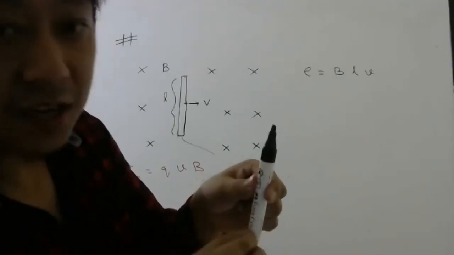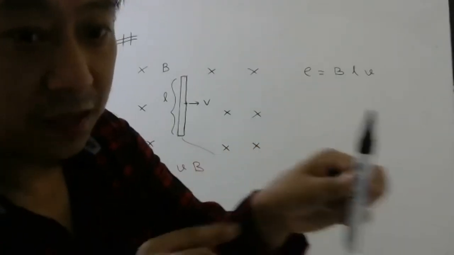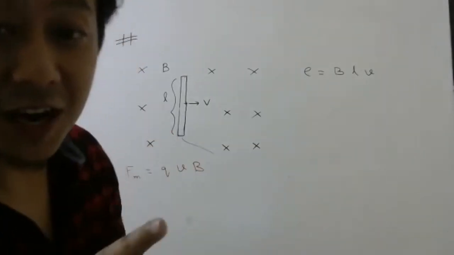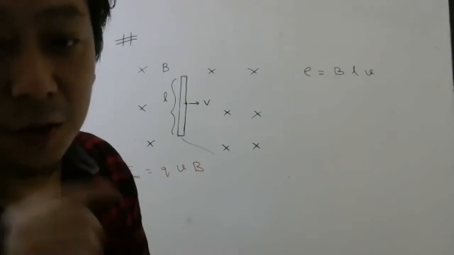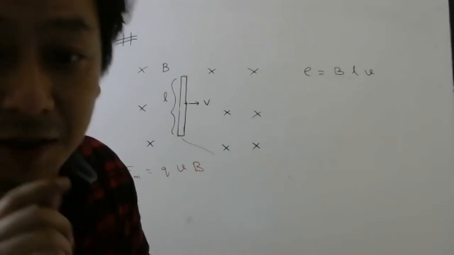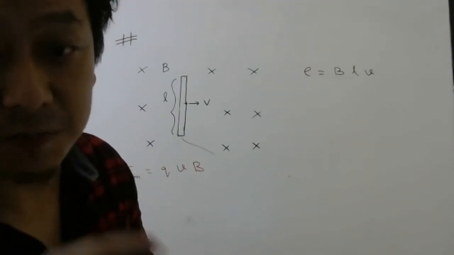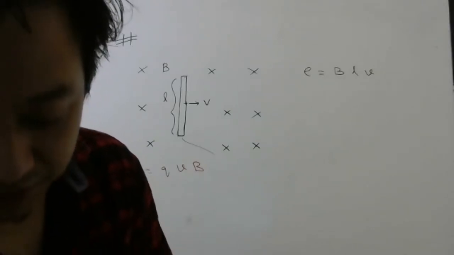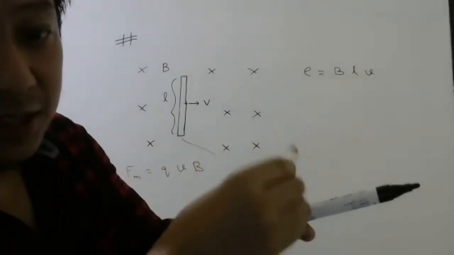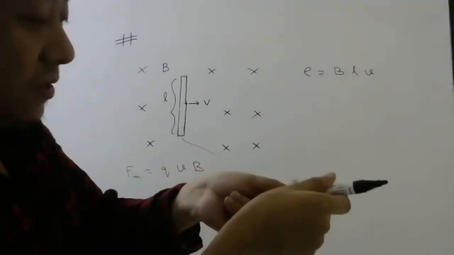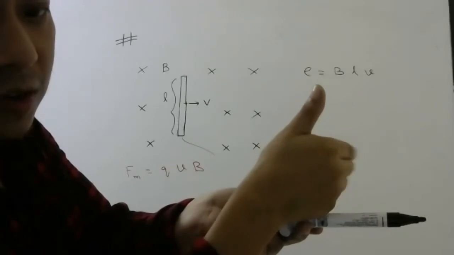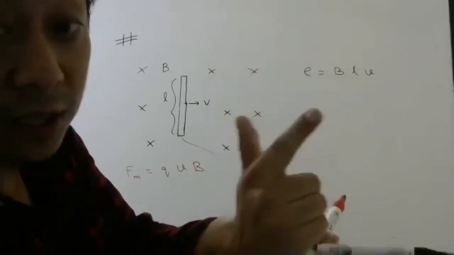So if there is positive charge in the rod, and the rod is moving this way, this positive charge is also moving with the rod. And you know from the moving charge and magnetism chapter, first topic, whenever a moving charge is kept in a magnetic field, it experiences a force, qV bar cross B bar. How to find the direction? If this is the velocity of the charge, and this is the magnetic field inside the board, then how to find V cross B this way? From V, you have to go to B. So V cross B, the magnetic force will be up on the positive charges.